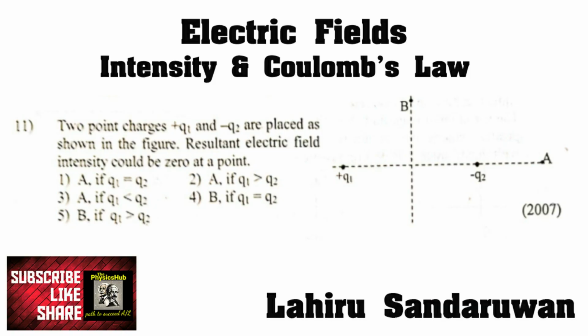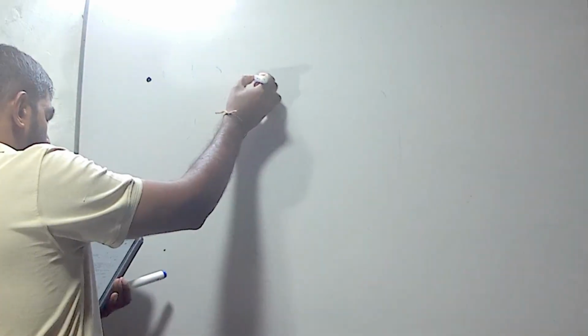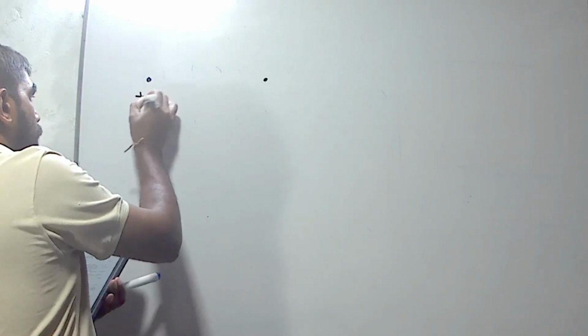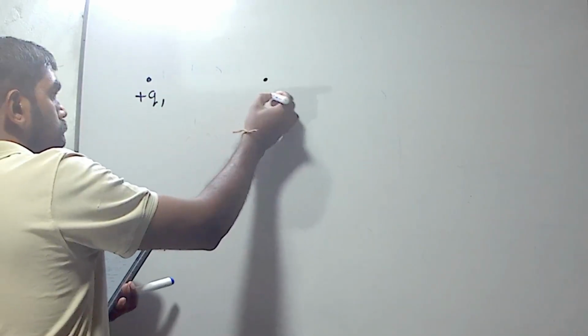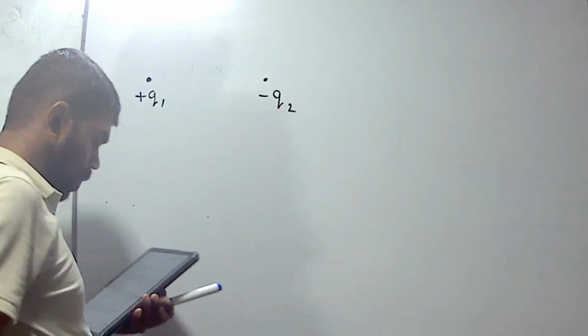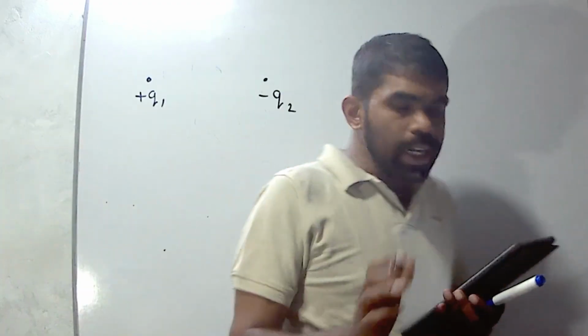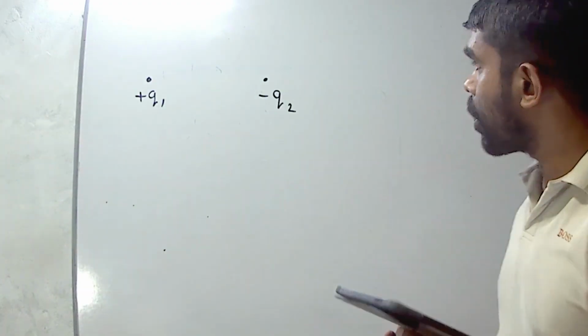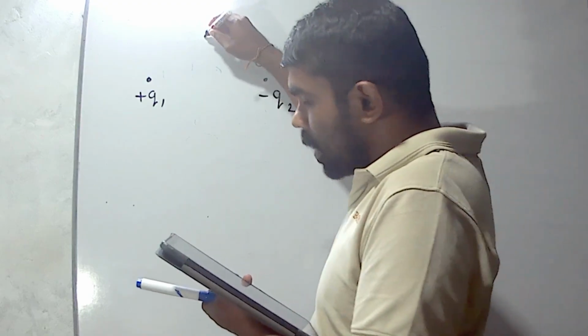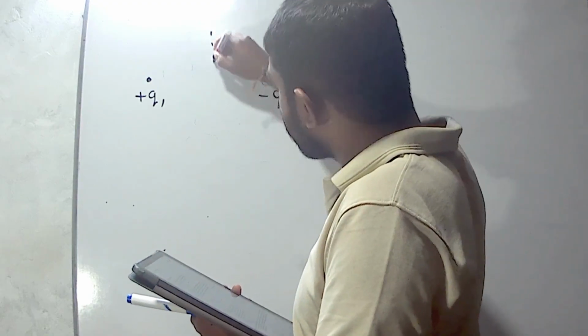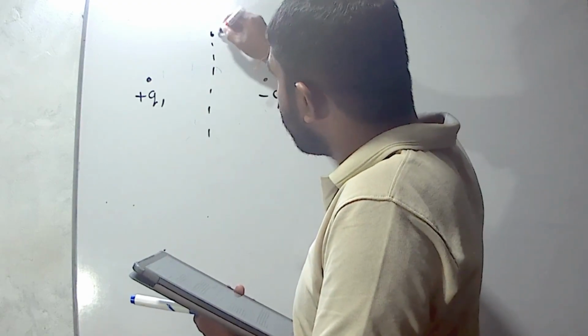Point charges plus Q1 and minus Q2 are placed as shown in the figure. Resultant electric field intensity could be 0 at which point? There are 2 point charges, plus Q1 and minus Q2. They have considered 2 points. When considering this point B,